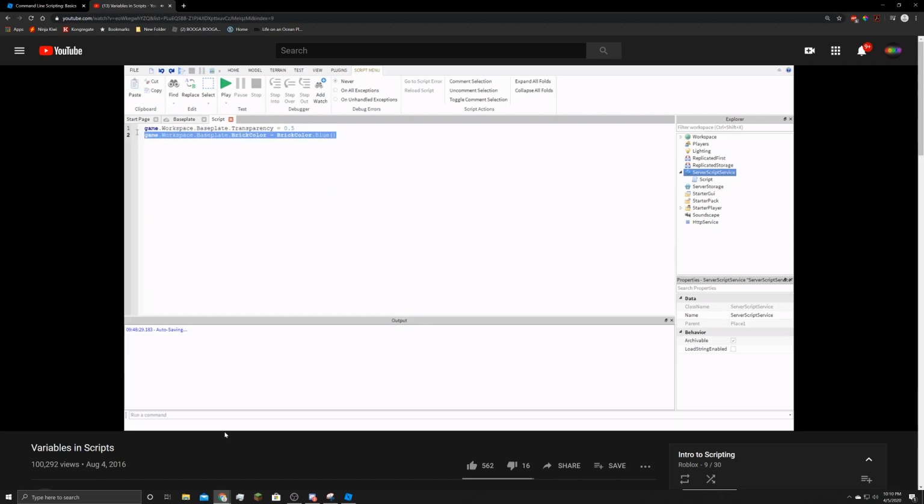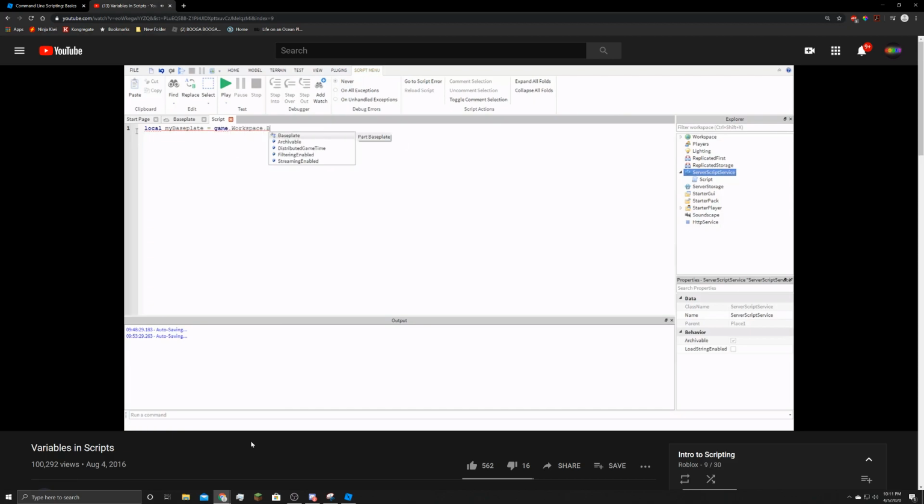To do this in a script, we first type the word local, then the name of our variable. I'm going to name this variable myBaseplate. Then we use the equal sign to say we want to store something in the variable. Then we have to tell the game which part to store. Just like when we set the property of a part, we have to tell the game where to find it. To save the baseplate, we type